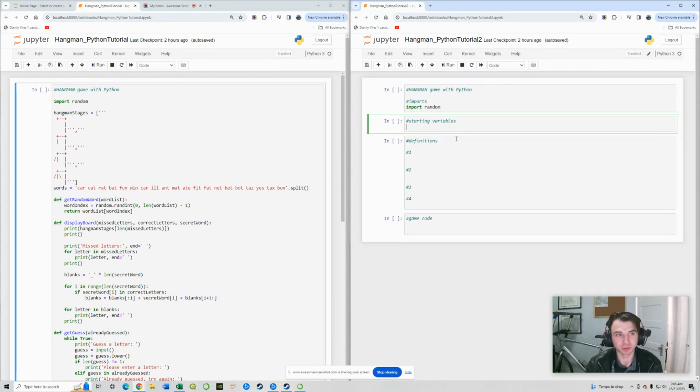Now, if you're unfamiliar with the mechanics behind how Hangman works, the goal of the game is for the player to enter letters to guess a word chosen from a word bank before the number of attempts run out. So essentially, our program will select a word from a word bank that we define. And